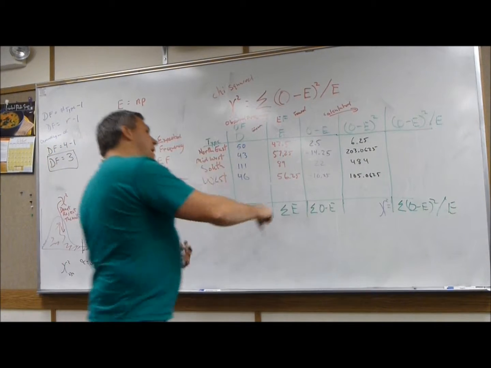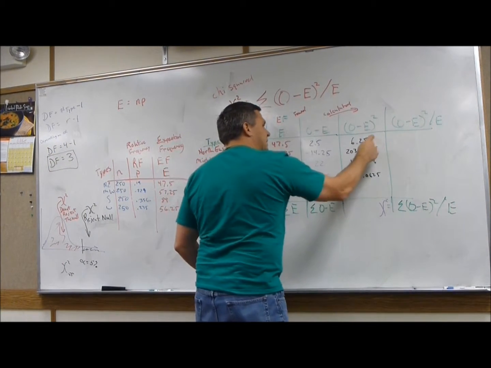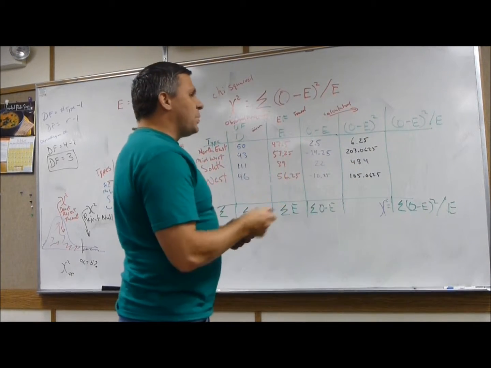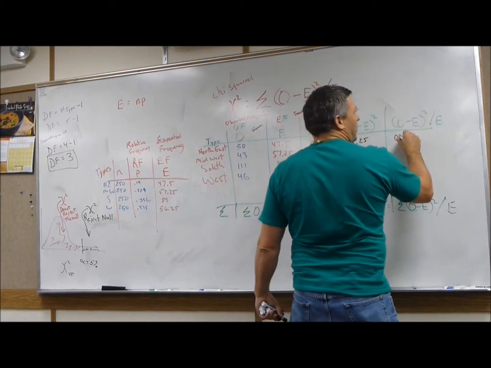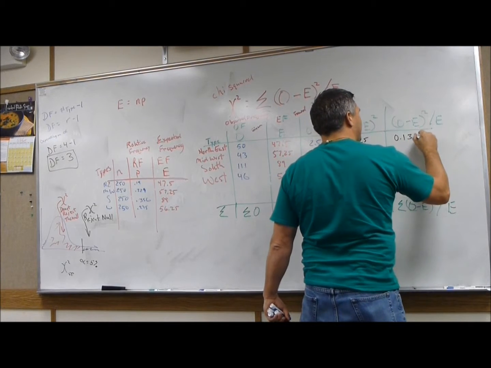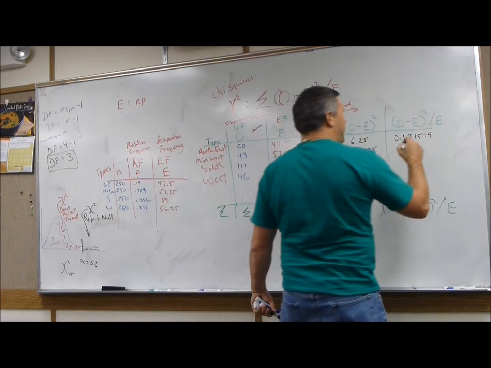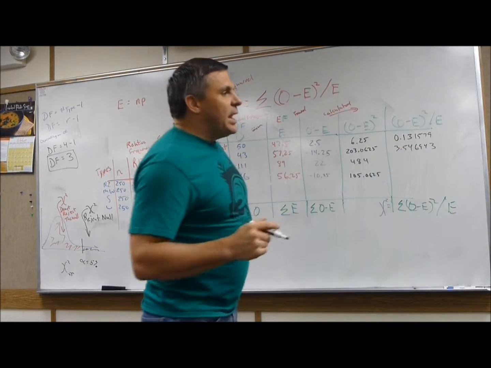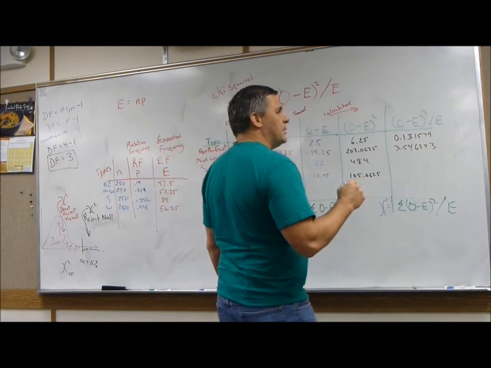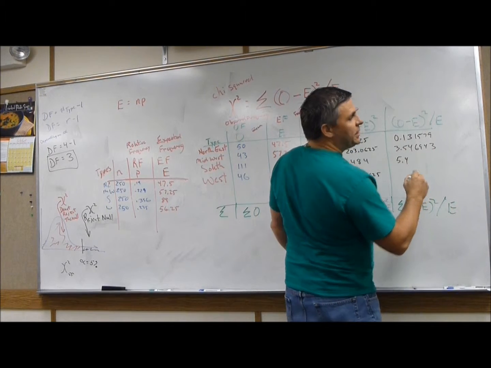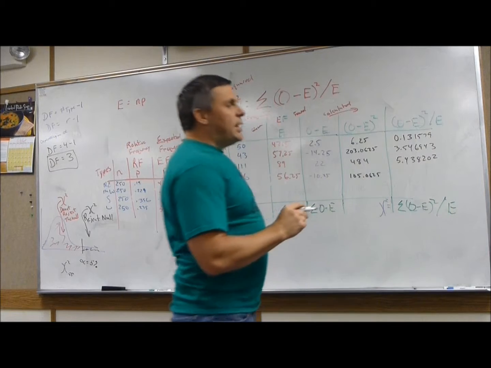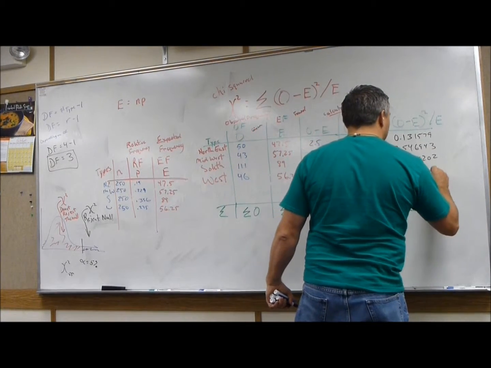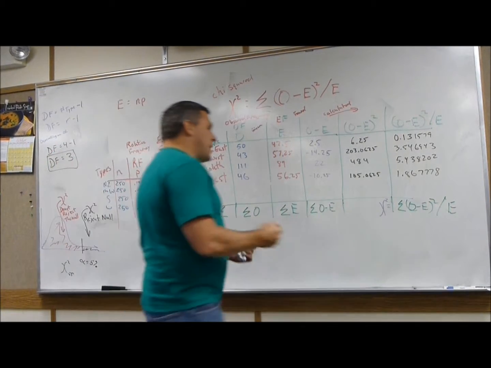Then we divide that by the expected value. After we square this number to get this, we take this number and divide it by E, to get this last number, which is 0.131579, and 3.546943, and 5.438202, and 1.867778. And then to find my chi-square,